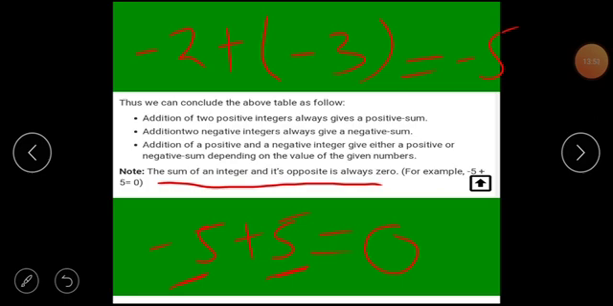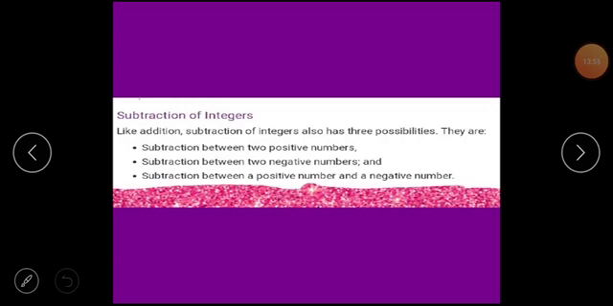So students, these are the rules which we discussed about the addition and subtraction. I hope now all the points are clear related to the signs and related to the addition and subtraction of the integers. Subtraction of integers, similarly we can say that